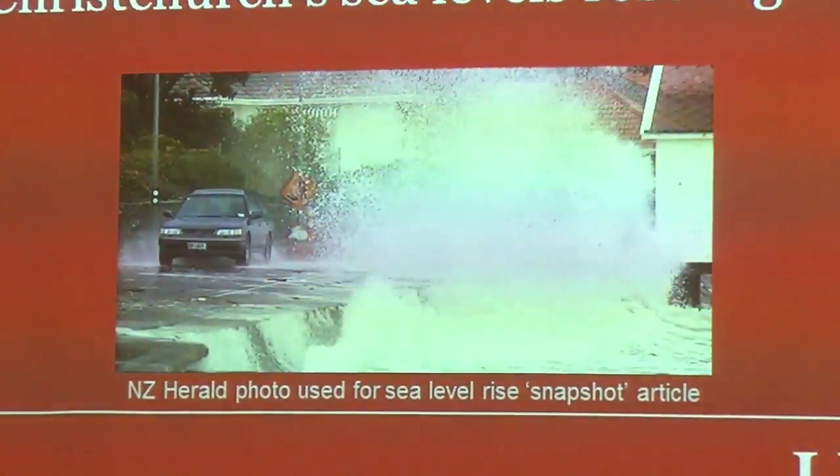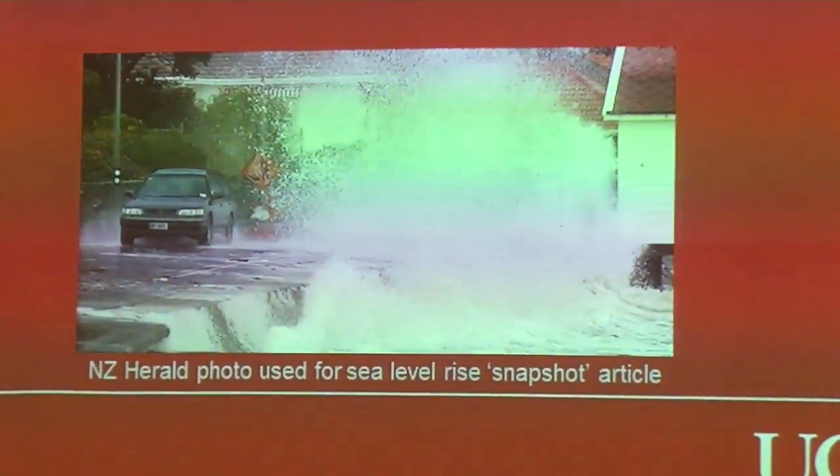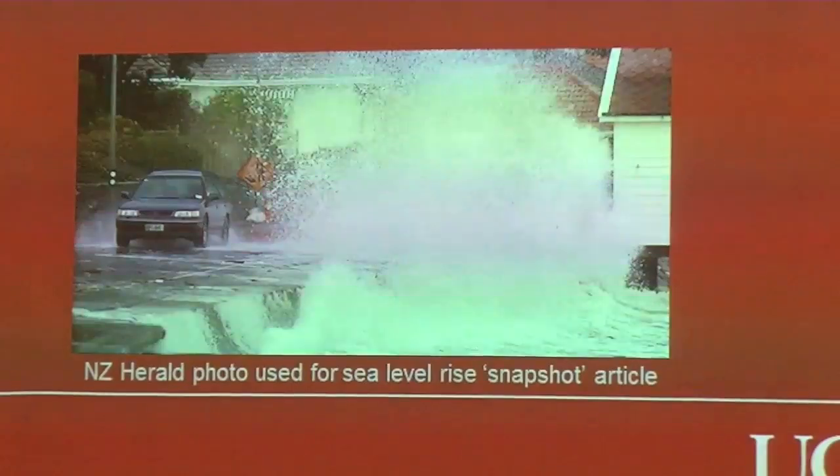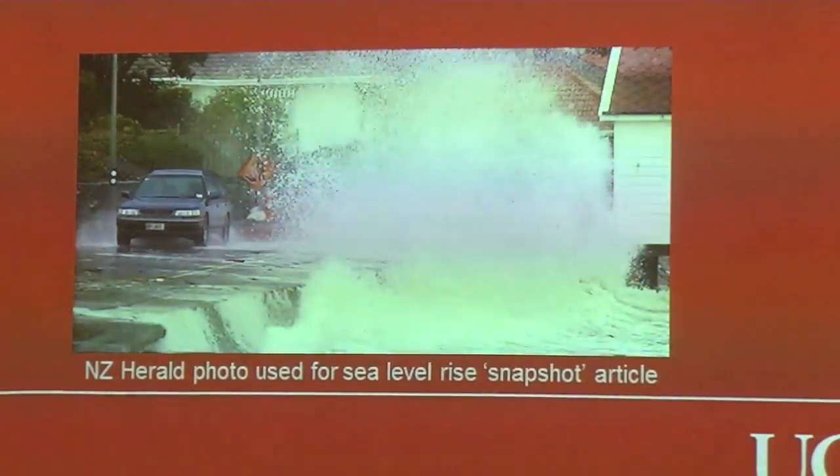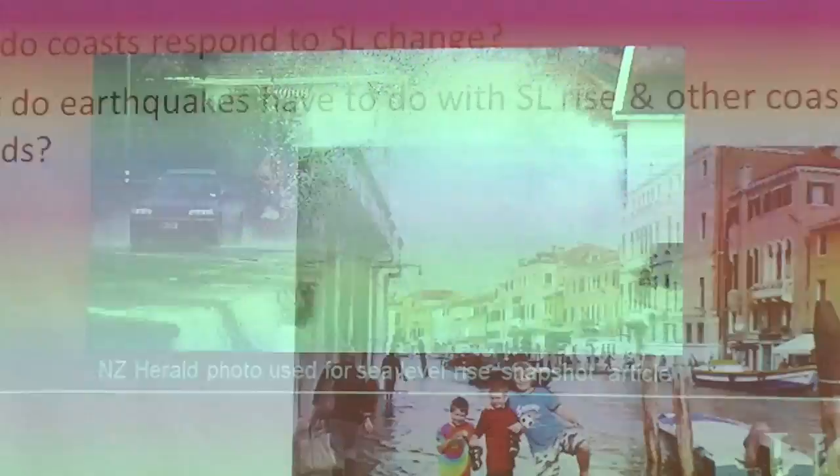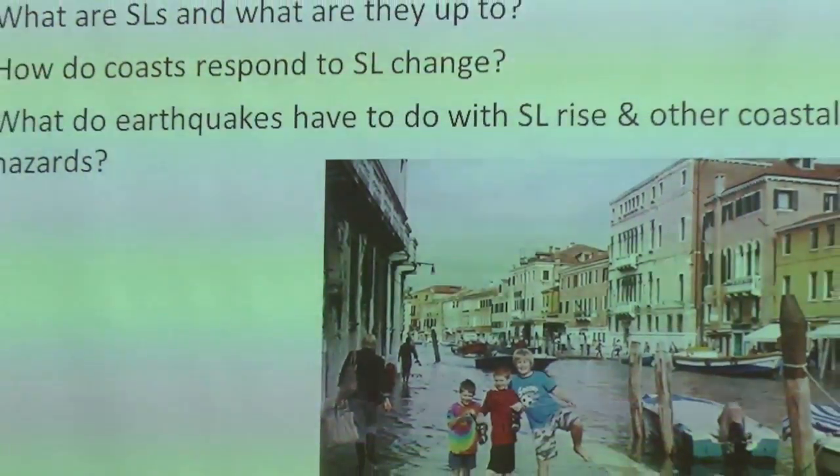So what if Christchurch's sea levels rose higher? In my abstract, I talked about snapshots that we get in the media, pictures of sea level rising, and this is the kind of illustration that you'll find in the paper or in the media about sea level rise. And it's in fact a storm, which on the surface seems like a different topic. It seems like, why would you illustrate sea level rise with a storm? But I'm going to try and explain the link between them and look at variation as well as rise in sea levels. Also in my abstract I had 3 questions.